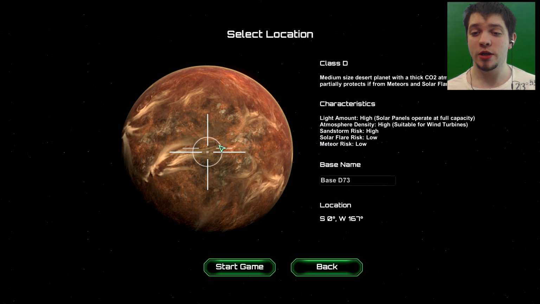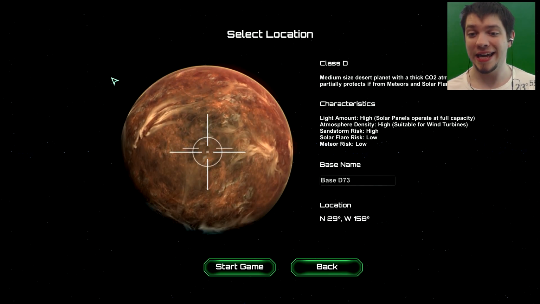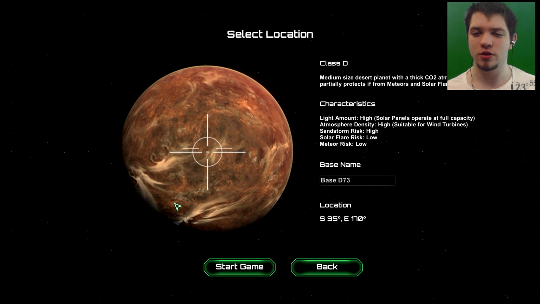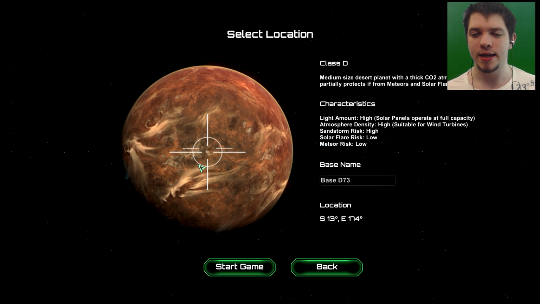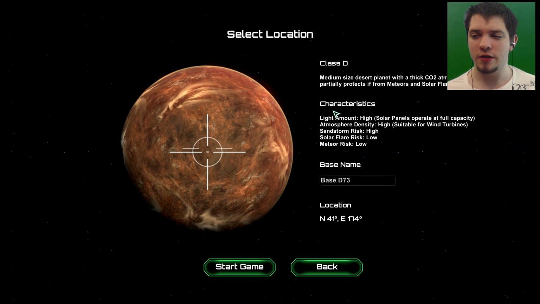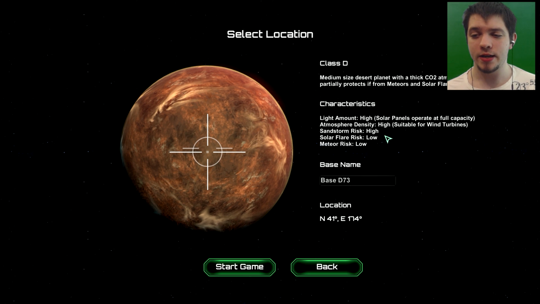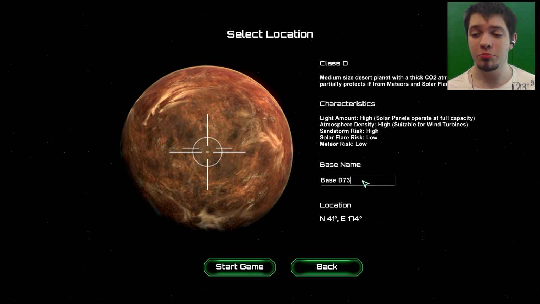this one. As you can see, you can choose anywhere on the planet to land, because I think the planet is preset, you know, it's already created, and then you can just choose anywhere on the planet to land and build your settlements there. Have these characteristics: light amount is high, atmosphere density is high, which means that solar panels will be very good during the day, and wind turbines will be very good during the night for energy collection. Sandstorm risk is high, solar flare and meteor risk is low, which means that it is relatively easy to build your settlements and maintain your colonies there, but it can get hectic once you start getting more people, so we're